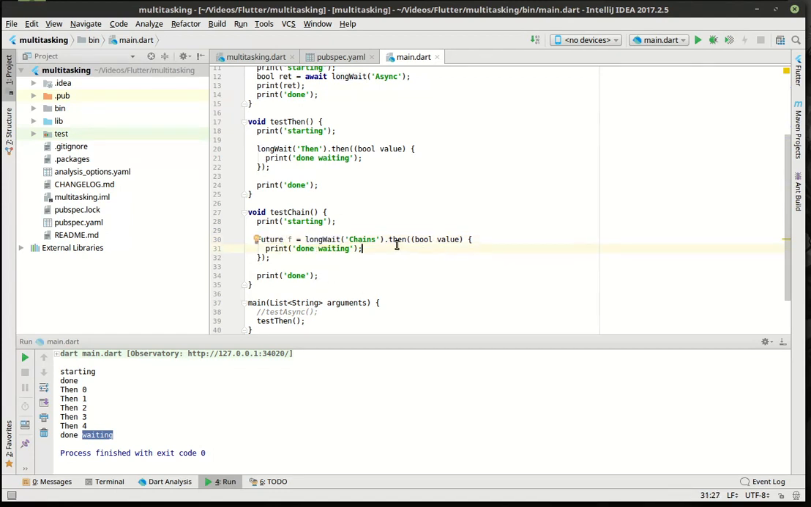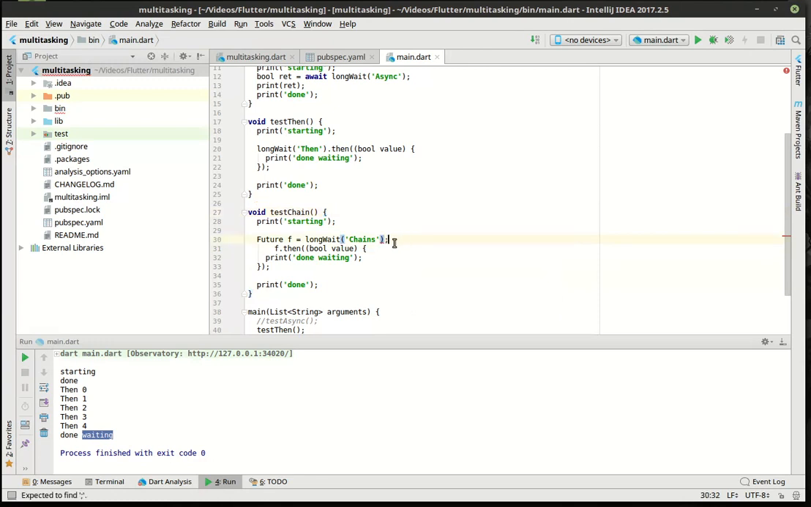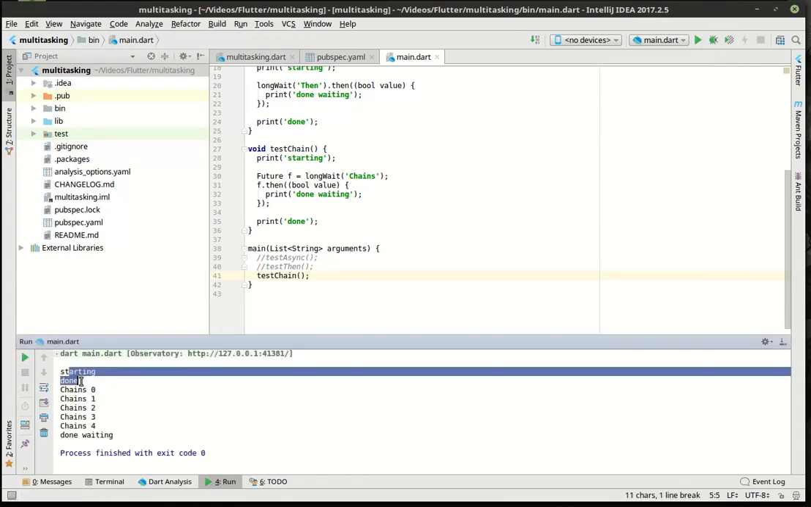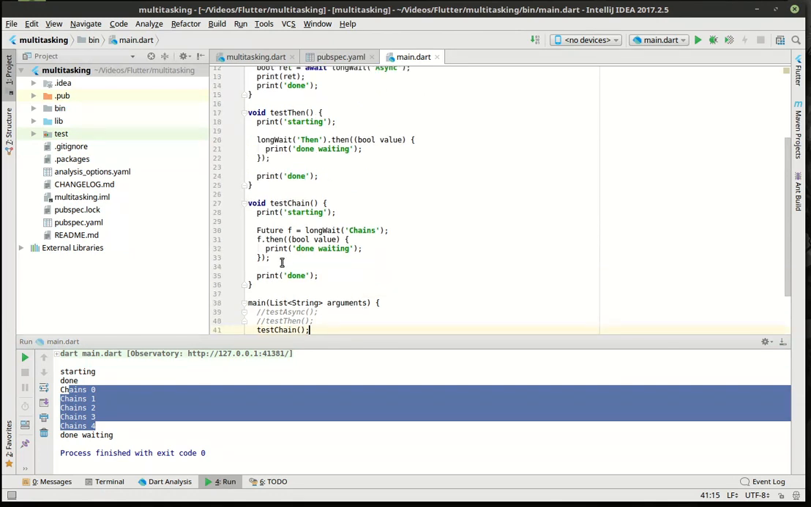And from here, we are just going to say, let's run this and just make sure this works as expected before we really dive into it. All right, so it's starting, done, and then we've got chains, blah, blah, blah. So what we're going to do here, and this is where I always screw up, and that's why I wanted to kind of do this,